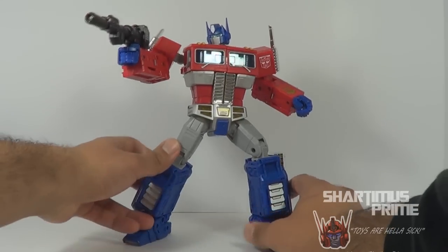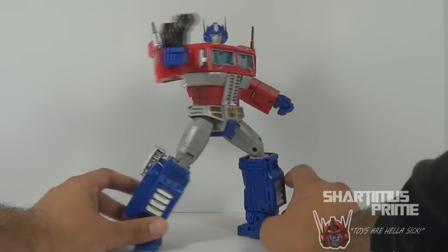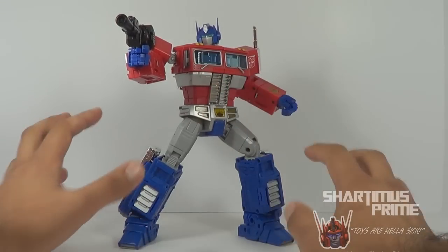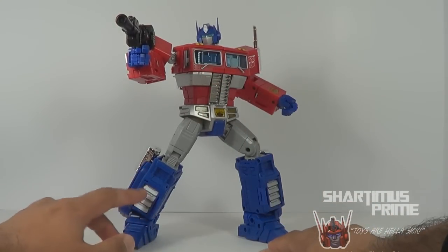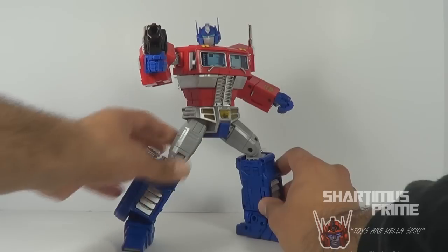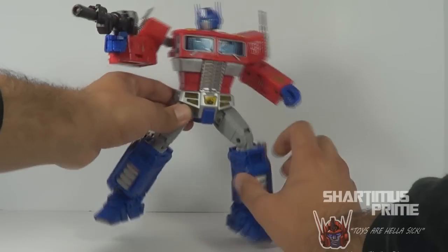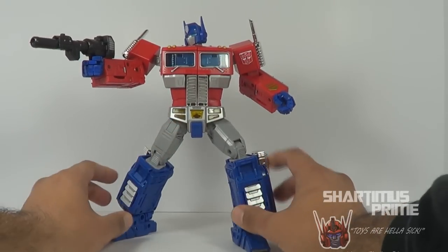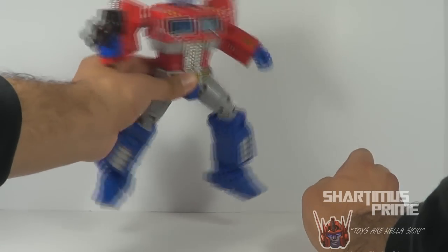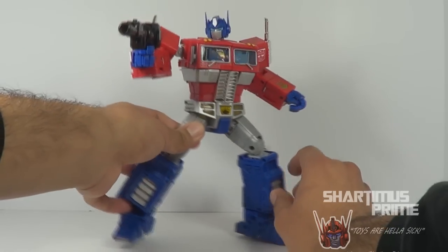I love this figure. Now, I had played with the MP-10, which is the Takara version of this figure, which is practically the same thing. It just has darker red and darker blue and darker gray and slightly different colors and other things here and there, but for the most part they're the same exact figure. This guy is more than half the price. This guy cost me 120 bucks. The Masterpiece MP-10, that one goes for like 250. So Sean did a smart thing by switching these out. And this is a pretty light figure compared to other Masterpiece figures. He's mostly plastic. So before I get too much into this figure, I want to get into all the deeds,